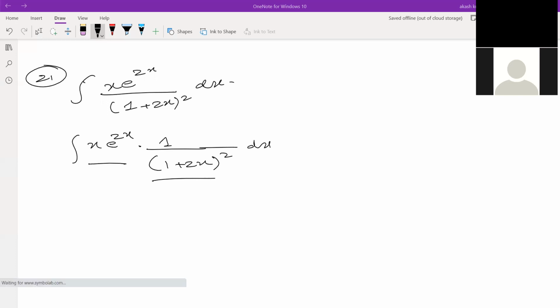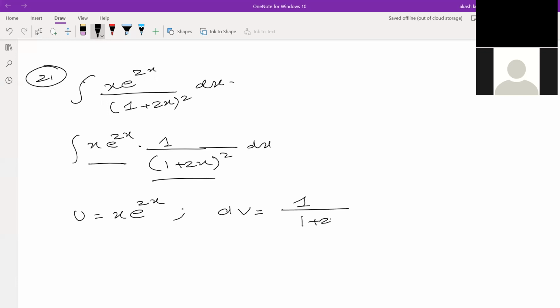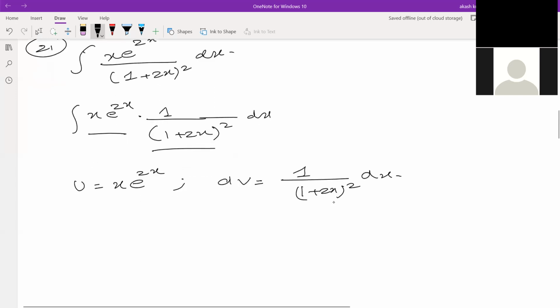Your next step is to identify what is our u and what is our dv. u is x e to the 2x and dv is 1 over (1 plus 2x) whole square dx. Why did we choose dv as 1 over (1 plus 2x) squared? Because I can't choose u as 1 over (1 plus 2x) squared, because when I differentiate it, it's going to be